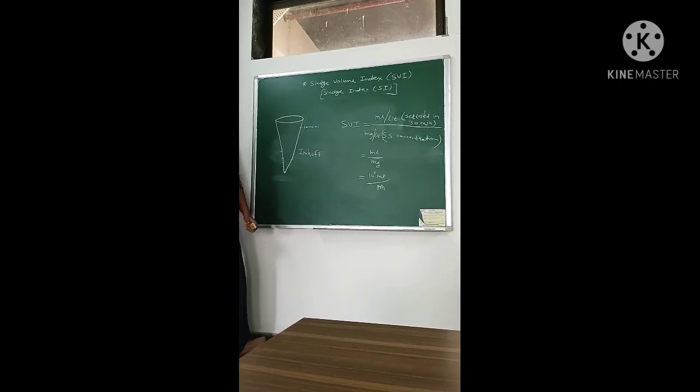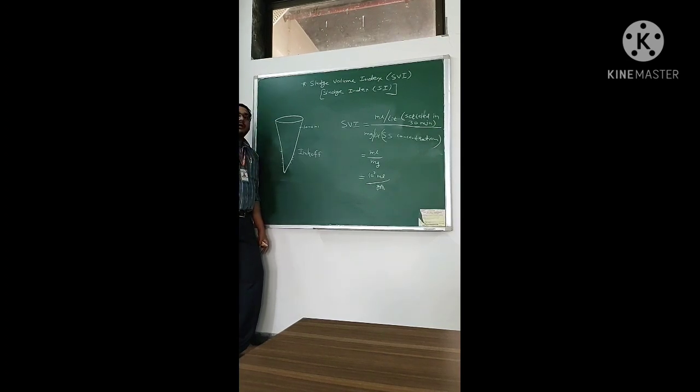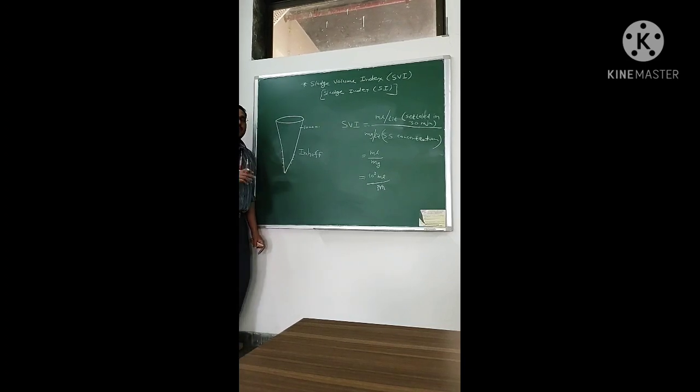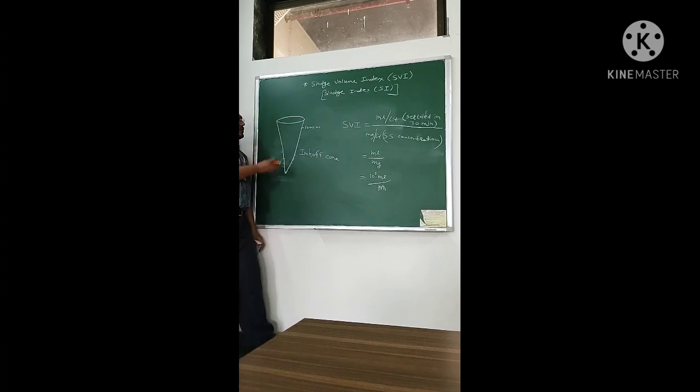So students, to determine the sludge volume index, first of all we need the MLSS sample, the mixed liquor suspended solids sample, collected from the aeration tank, which was shown earlier between the PST and SST. We have collected that sample from a nearby STP. In our laboratory we have a setup called the Imhoff cone apparatus, which we are going to use for this practical.